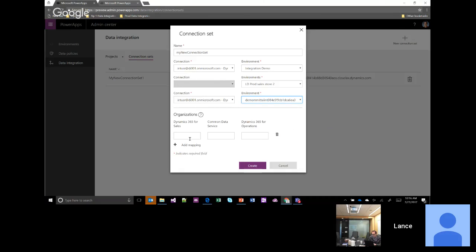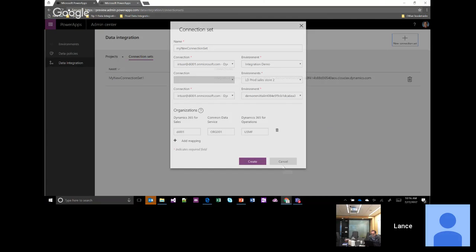So an example here, for instance, you could have org 001, which is a business unit in common data service. And here's a legal entity showing up, which is USMF, which is a legal entity that's in operations. I'm going to cancel this.